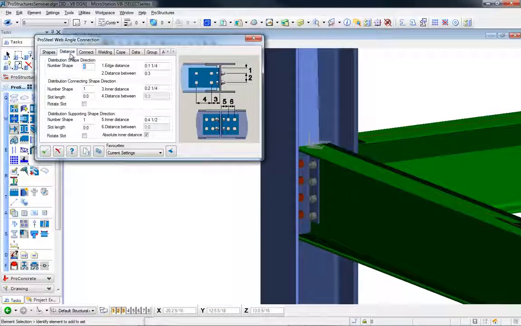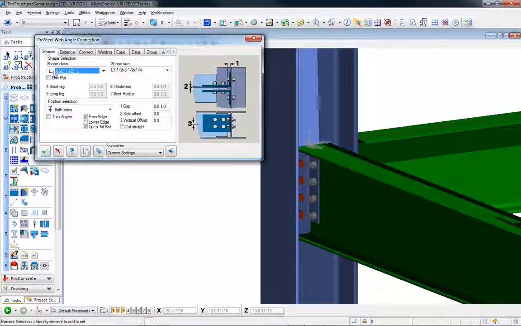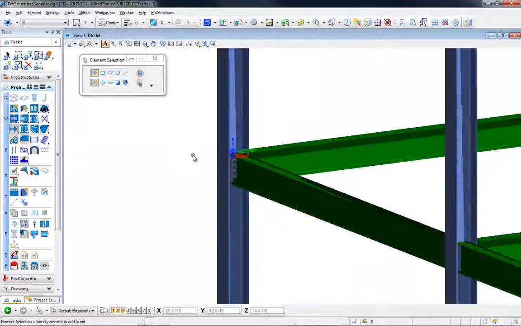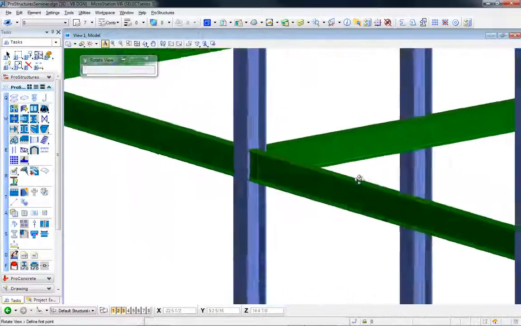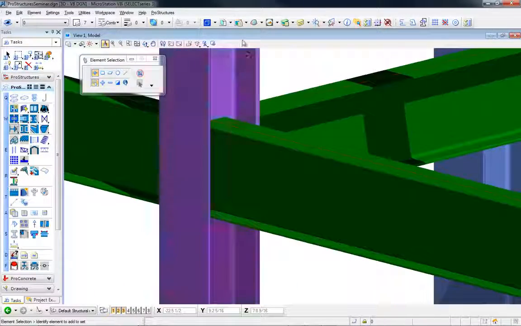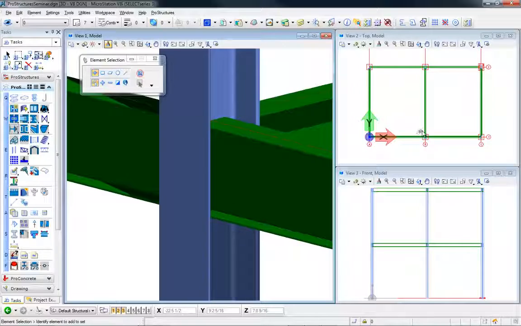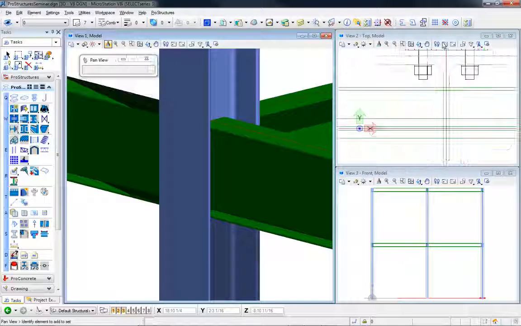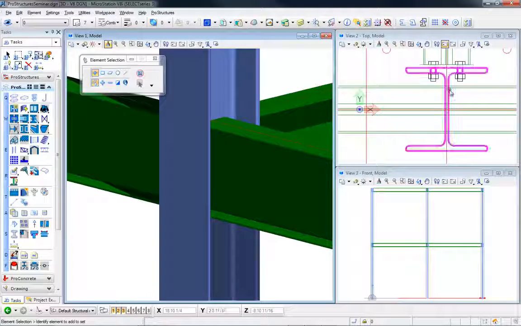And again, if you go in here, and for instance you want to change the number of bolts or the sizes or distances, everything that you do here will be shown in the 3D model automatically. So if I go over here, I want to switch my view to show you what's going on a little bit better. I'm here at this column,